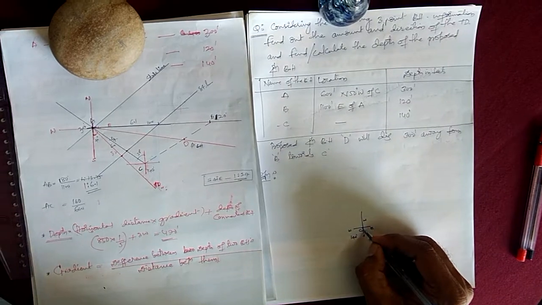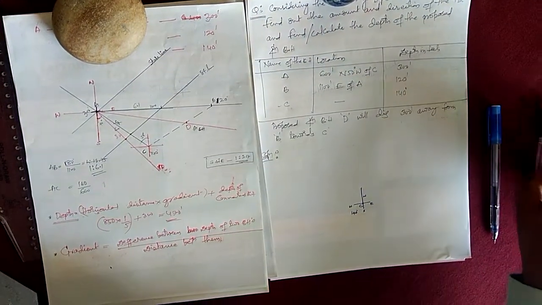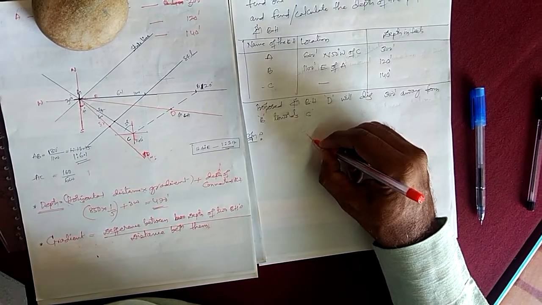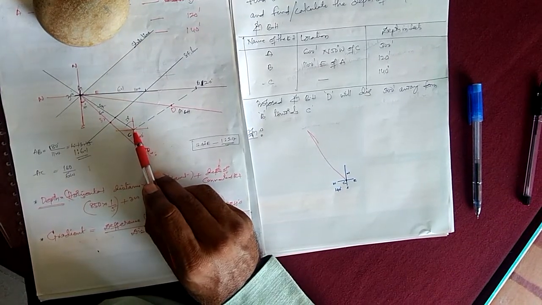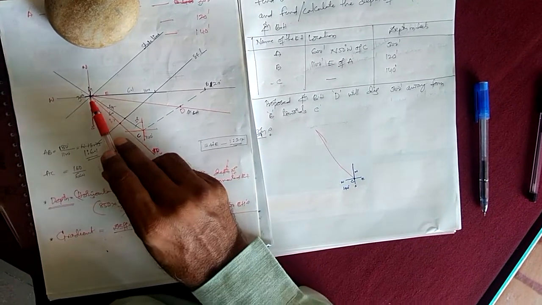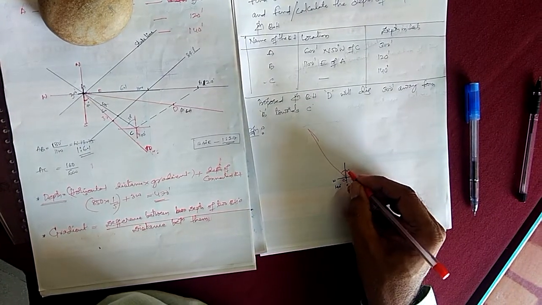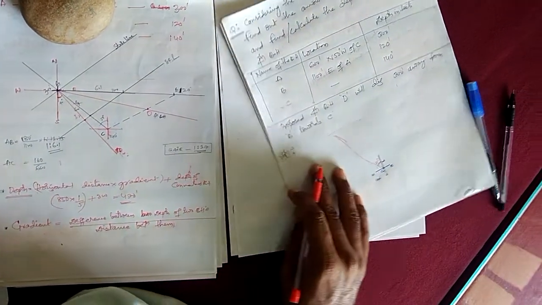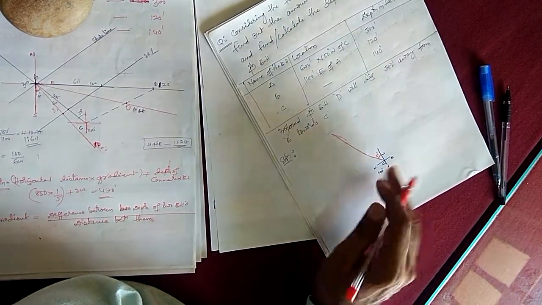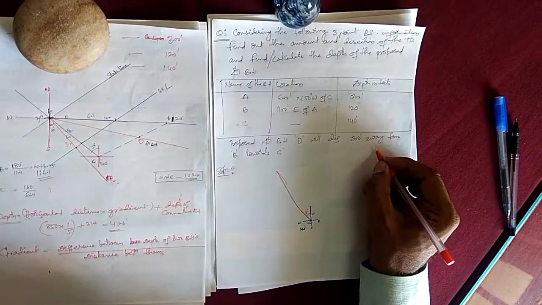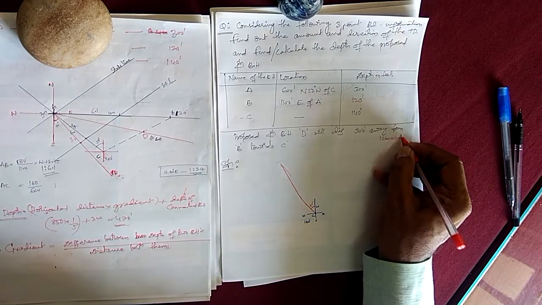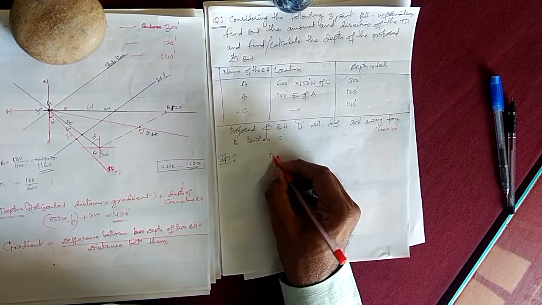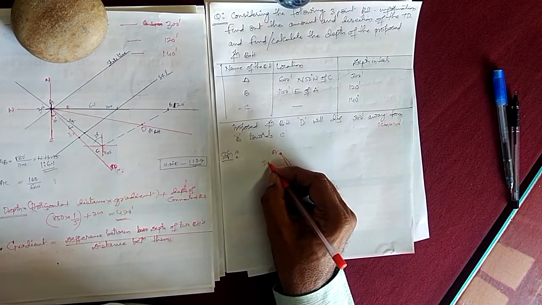Okay friends, we already know this is the north. I have to draw a line which is northwest. I have drawn north 50 degrees west. This is the line, 50 degrees northwest, and the distance is 600 feet. It means you take 1 centimeter equal to 100 feet. You take 6 centimeters, and the point you get here is borehole A, and the depth is 300 feet.